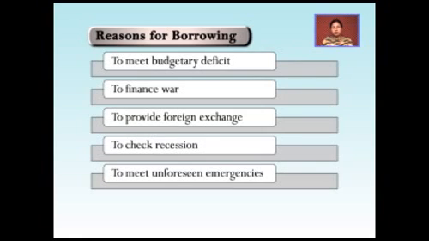Second, the government also borrows money from the public to meet the expenditures of war, because wars are very expensive nowadays. Next, the government also borrows from the public to meet unforeseen emergencies and to check recession. After looking into the various reasons for public debt, now let's look into what are the different